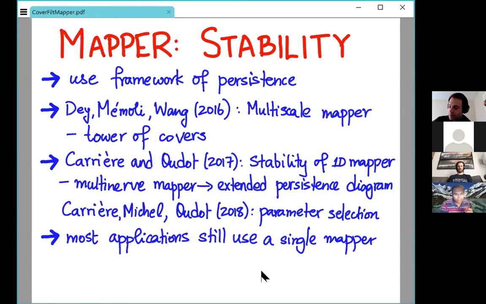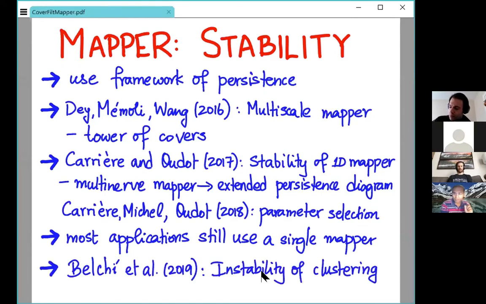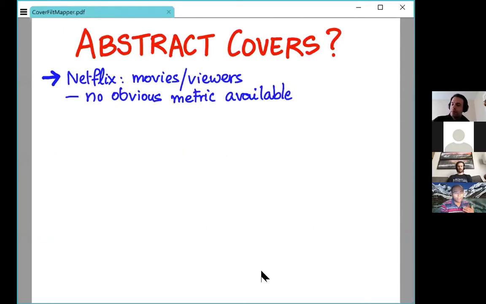I should also mention another kind of different approach towards stability by Belchi et al. They were looking at stability or instability, as they called it, to the clustering step rather than the movement of the cover. So there are several results in this line, but our motivation came from applications where